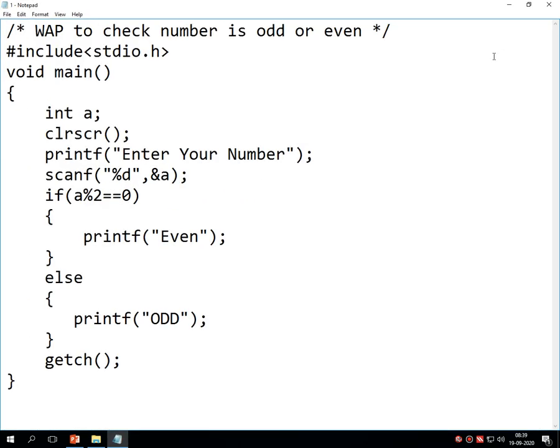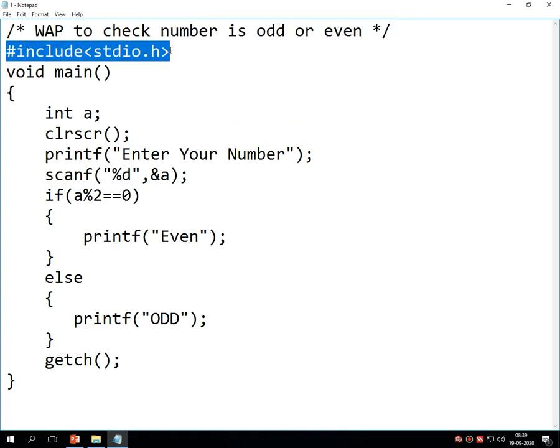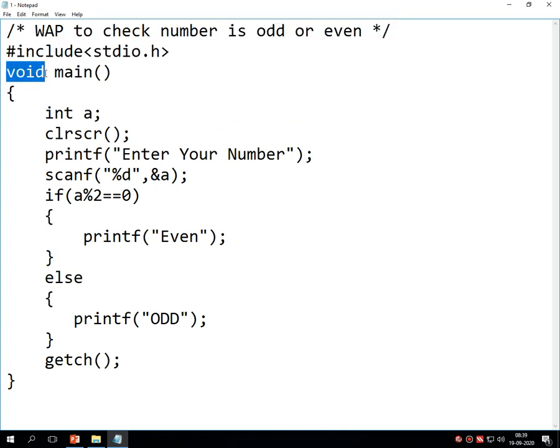You can see the code properly on the screen. The first line of code is the comment section, in which I have mentioned: write a program to check whether the number is odd or even. Then #include <stdio.h>, then void main with opening and closing brackets. It's the structure of C.